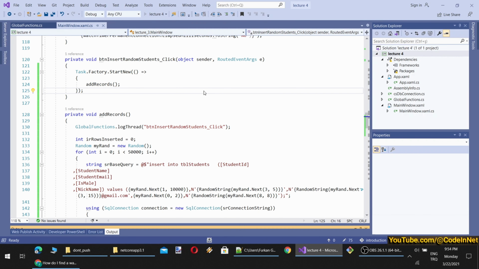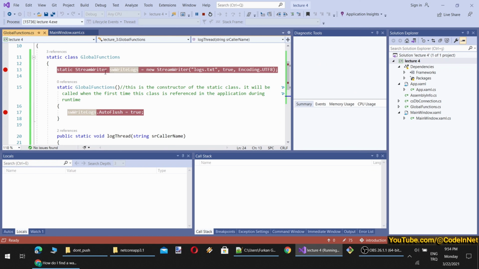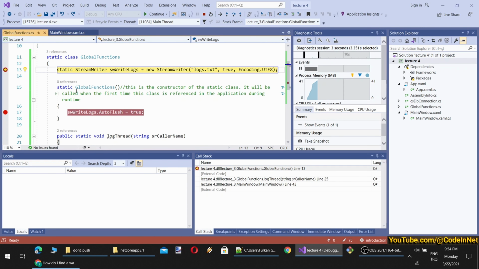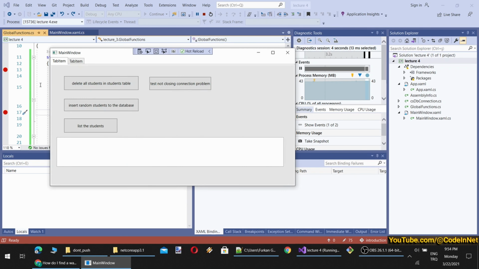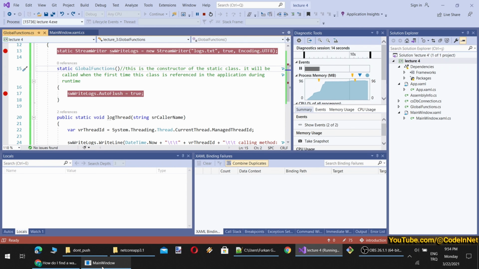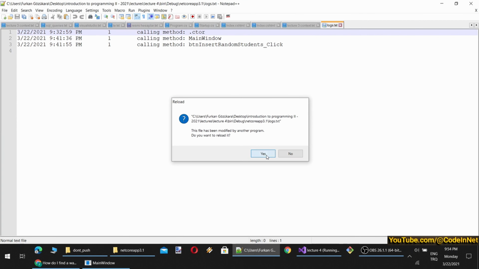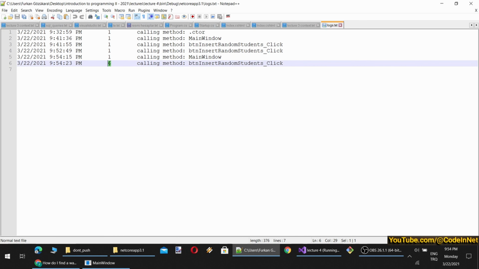We will see that. By the way, if you have noticed, after the first-time initialization, these are not executed again. This is the first-time initialization, and then when we click another button, you see they are not called anymore. However, they are written here. So you see now the thread ID is different. They are not running in the same managed thread anymore.